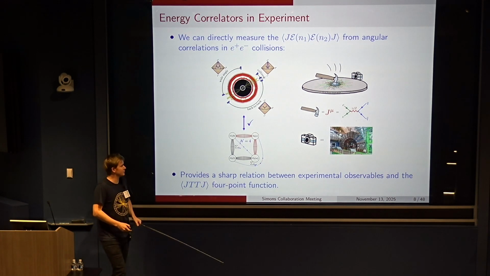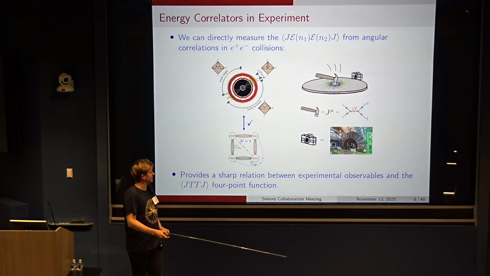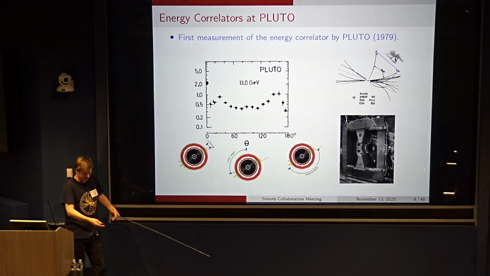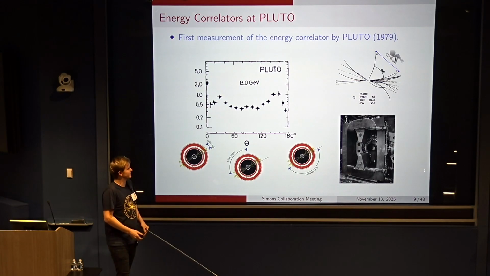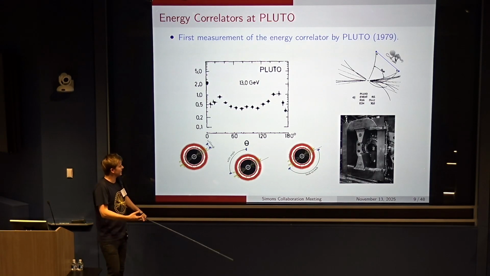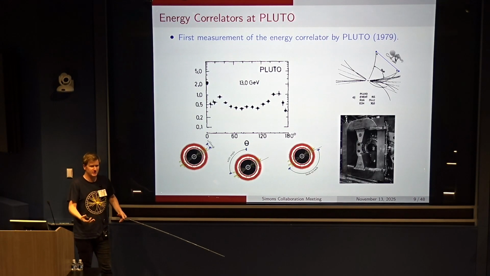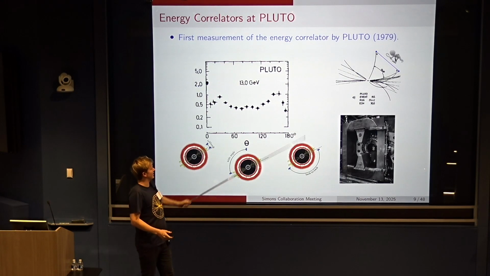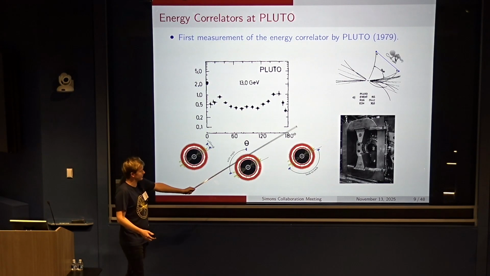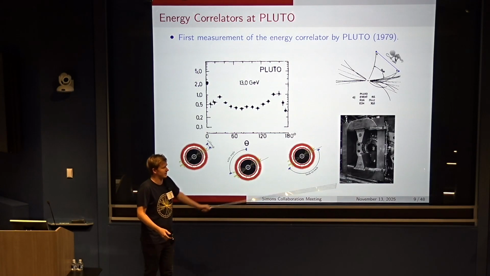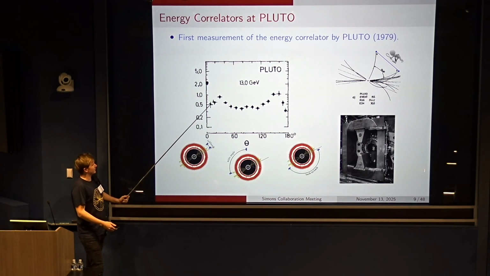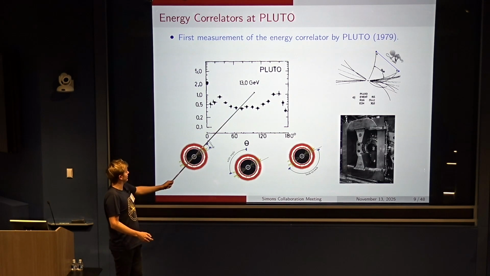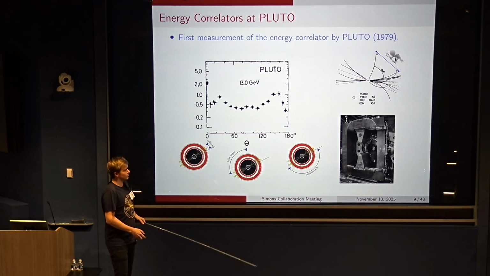And so, of course, this was an observable which was proposed very early on. And so people measured it at very early experiments. And so I wanted to just, since I've been highlighting some of the experimental aspects, to kind of show this measurement. And this will also familiarize you with what you're going to be seeing later. So this observable was first measured actually in 1979, so a very long time ago, at the Pluto experiment. So this is when experiments were quite small. And so this is running at 13 GeV, so it's quite a low energy. And so they made this plot of the distribution of this energy correlator observable.